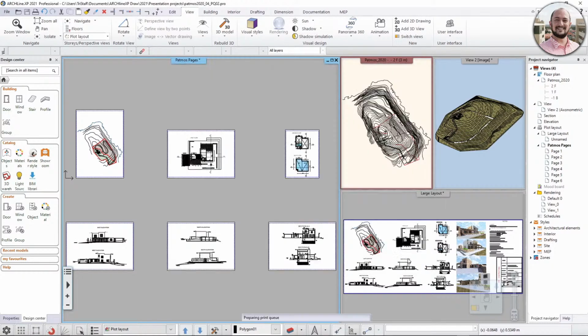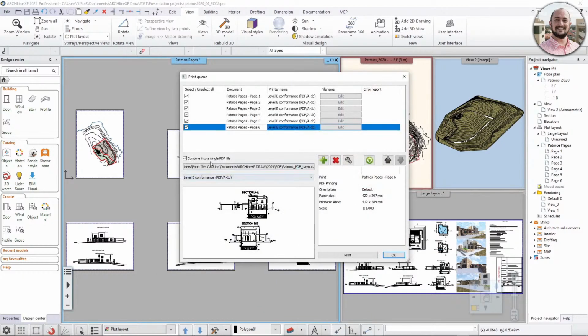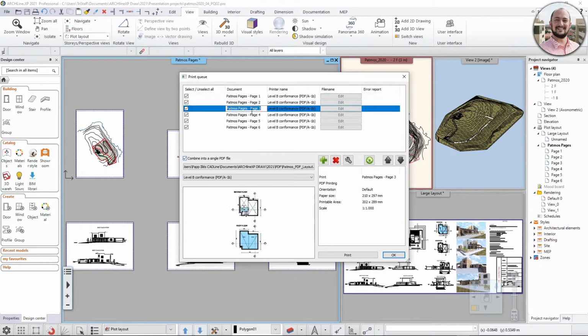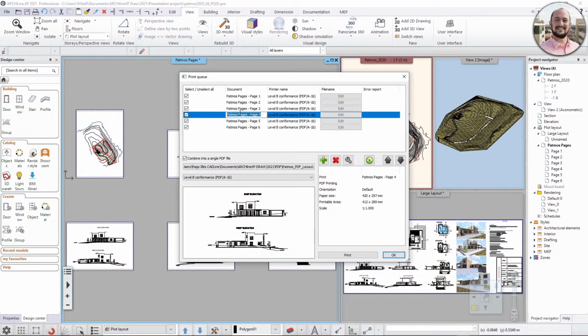I just click on apply, and now the software keeps adding all those pages into the print queue automatically. And because I have enabled the combine into a single PDF file, I can print all this content into one single PDF file. And of course, if I want to change how the content is visible or how the printing